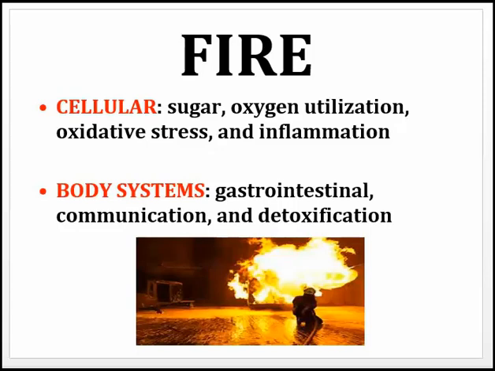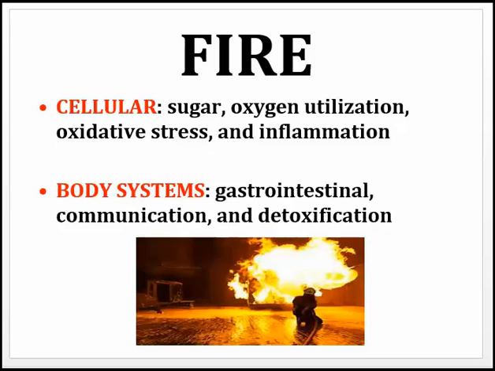Sugar, of course, is related to diabetes. We need to be using our sugar appropriately. If we're not, we're going to create major distress in the body. We have to use our oxygen. Otherwise, we're going to be developing hypoxia. We're going to be developing issues where our body is not being fed appropriately, energy problems, anemia. Oxidative stress is free radical damage that basically creates catabolism or breakdown of the human body. And then, of course, inflammation is linked to all the diseases that now plague man and womankind.